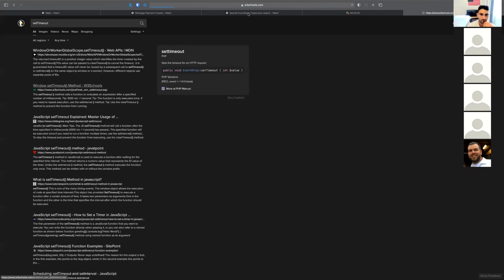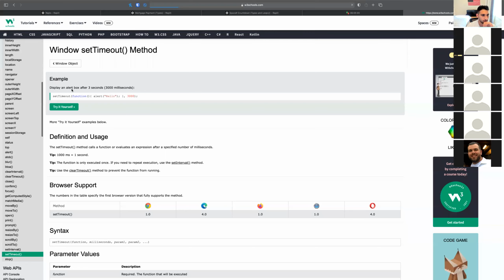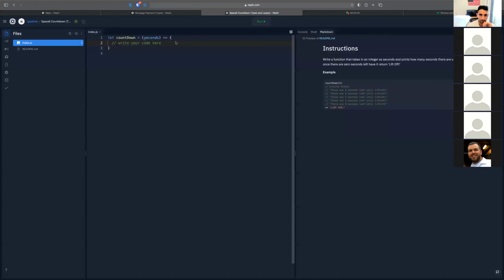All right, so let's go back to the, if I bring this down. Yeah, it can allow you to wait. So here I'm going to, and you see this one is using a fat arrow function. Again, they use them more or less interchangeably, and you will see a variation in existing code bases. So first, we're going to want to create a for loop to go from this number up until and including 0. So I can say for